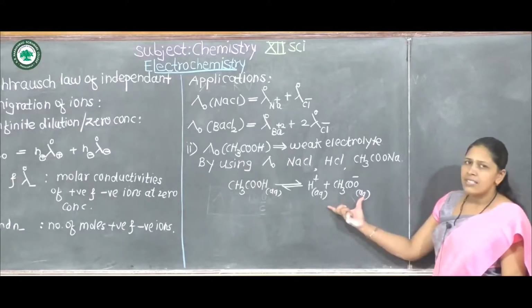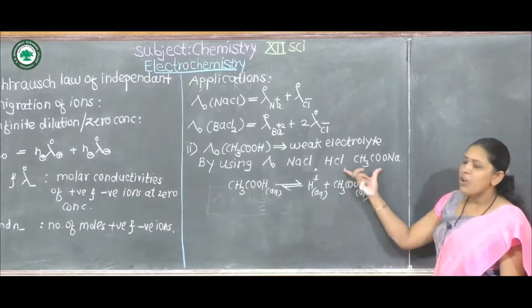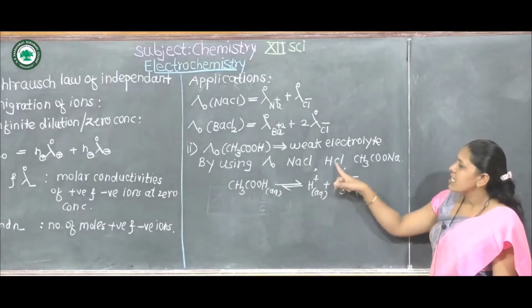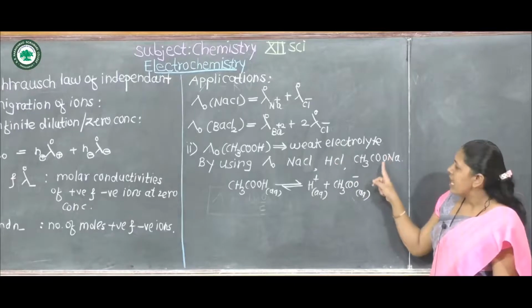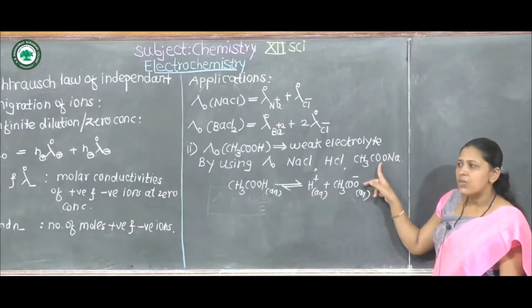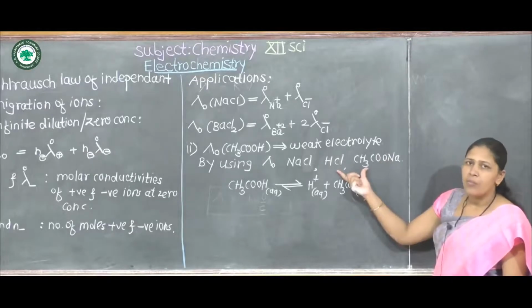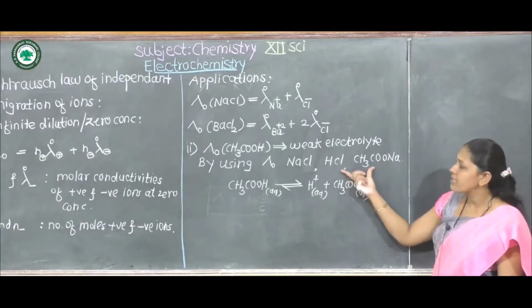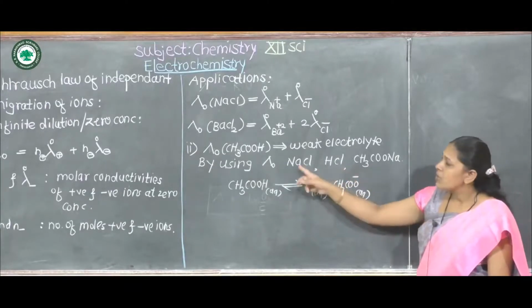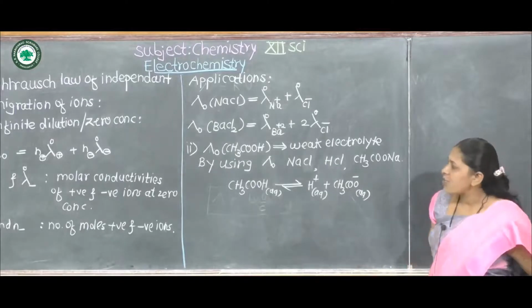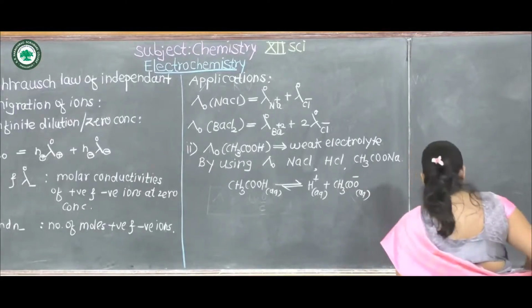In which strong electrolytes are these ions present? H plus ion is present in HCl and acetate ion is present in sodium acetate. Therefore, by adding molar conductivities of HCl and sodium acetate and subtracting the molar conductivity of NaCl, we get the molar conductivity of acetic acid as